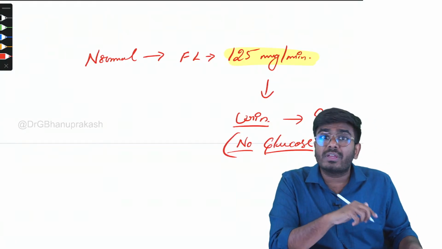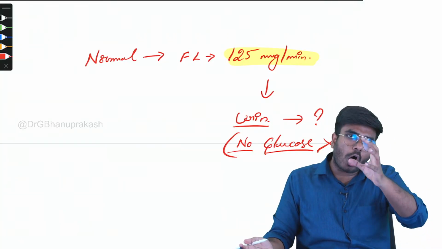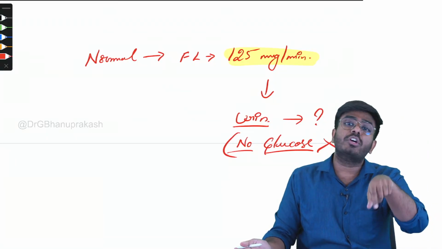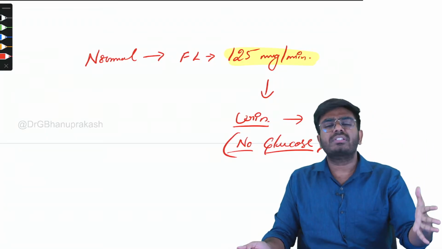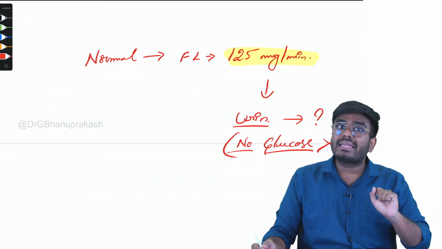Why is there no glucose? Because our nephrons are absolutely normal. Healthy nephrons are there. So all the glucose that is filtered will be reabsorbed in the PCT itself. 100% of the glucose will be reabsorbed in the PCT itself. So there is no glucosuria. But imagine